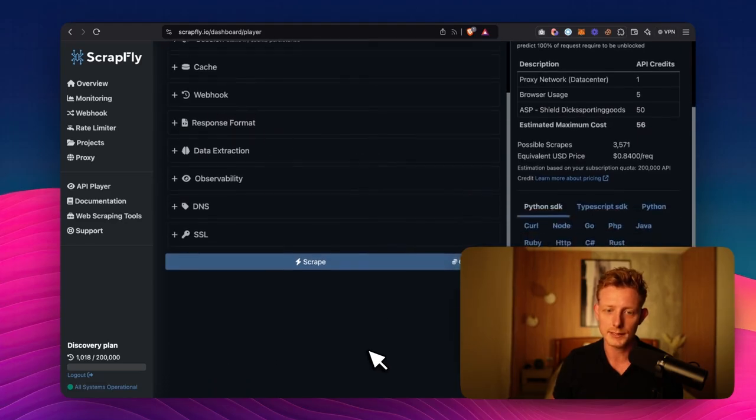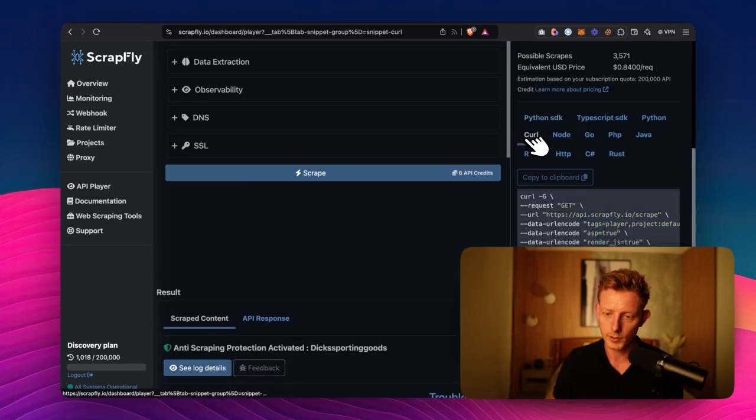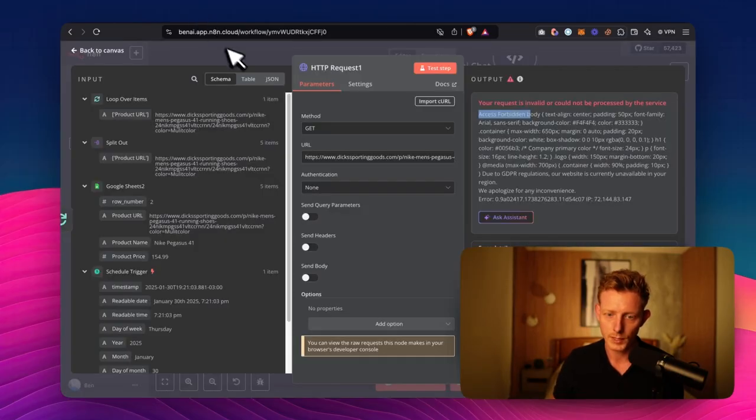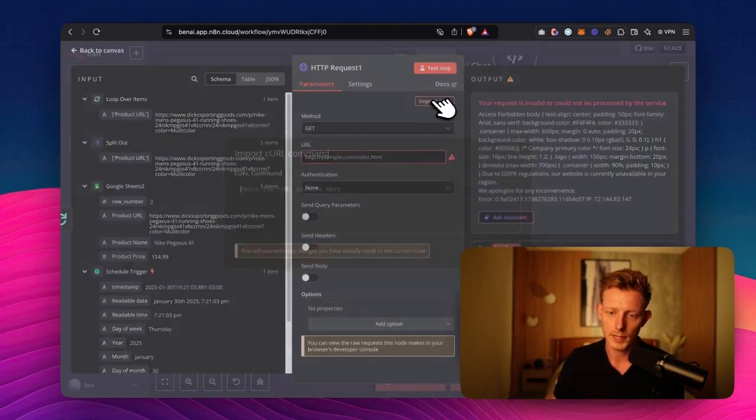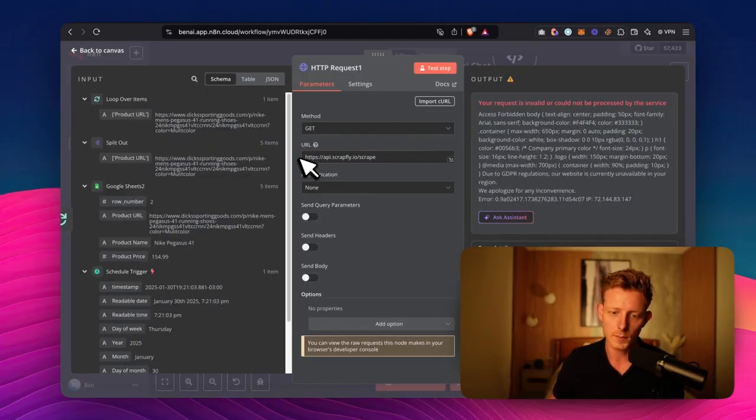Now, how do we set this up in N8N? We have to go here in curl, and we copy this to the clipboard. Then we're going to change this and import curl. We add this in, and you can see it automatically added in the URL. And now we have to